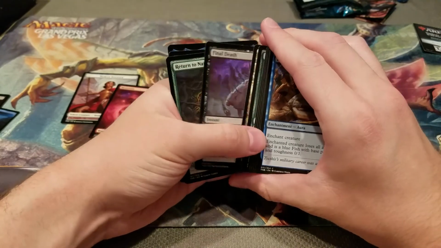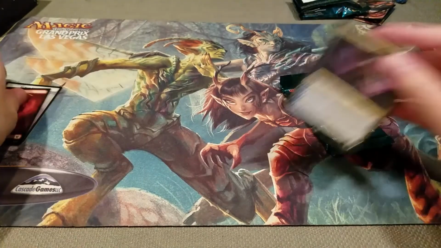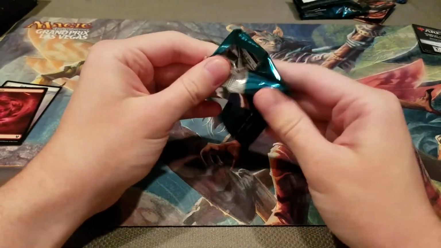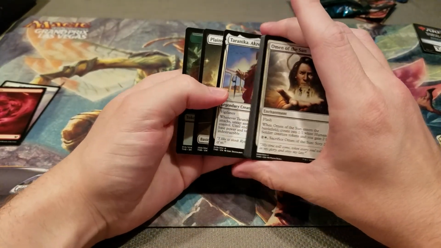Ooh, we definitely got some powerful stuff. Ooh, I saw that removal right there. I know what we're playing. Yeah, the other colors have got some cool stuff, but it seems like white, blue, black is calling to me, as it often does. And the next rare is